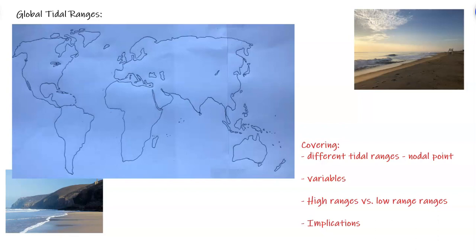Look at nodal points, looking at the different variables that could be in play based on each location that would control or dictate the ranges and tides. Look at areas around the world that have the highest ranges versus the lowest ranges, and obviously the implications to that. So, coastal management, environmental science, even looking into physical geography and landforms and how they can be